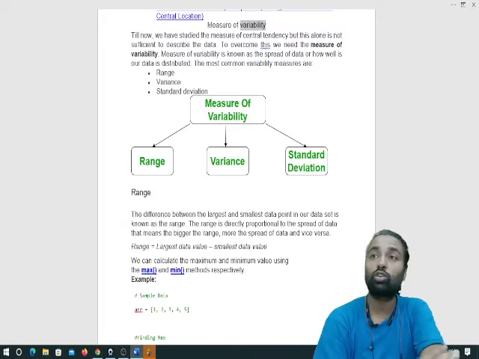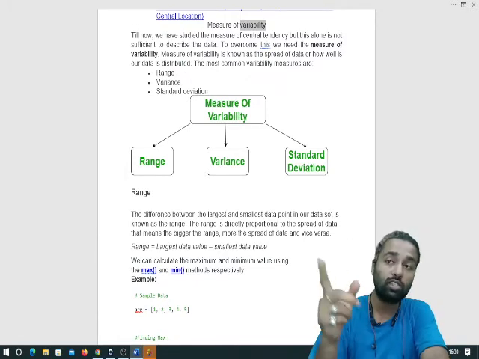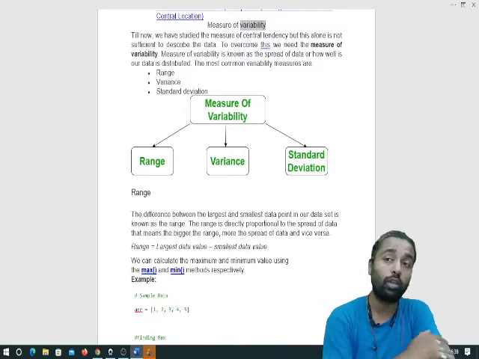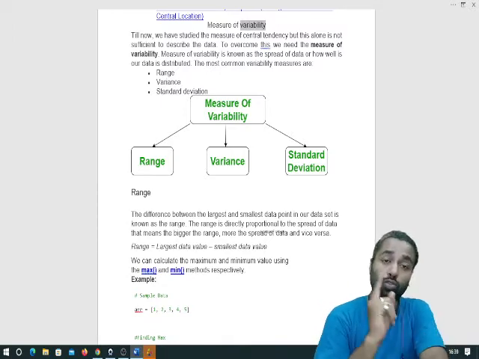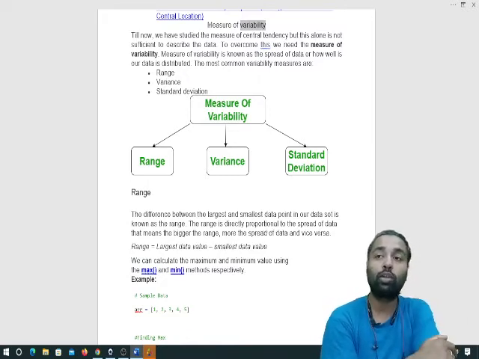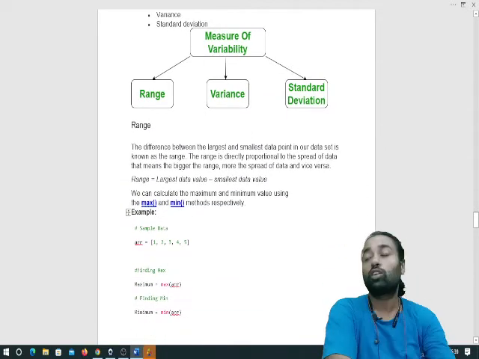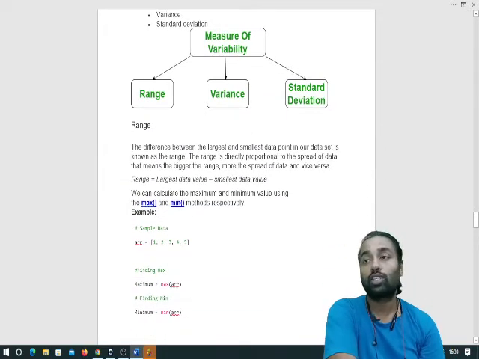There are two types of statistics, but in the description here you can find six measures: three in measures of central tendency and three in measures of variability. In measures of central tendency you will find mean, median, and mode, and in measures of variability you will find range, variance and standard deviation. So, range: the difference between the largest and smallest data point in our data set is known